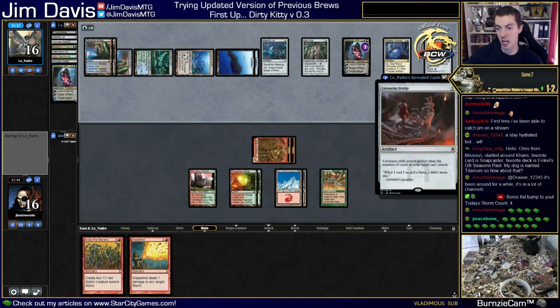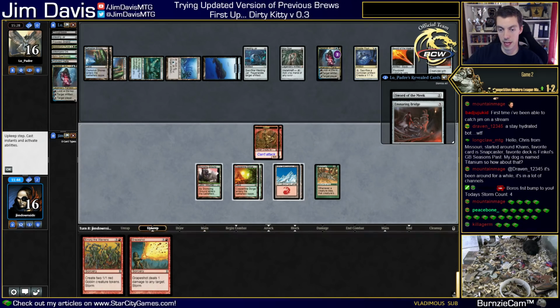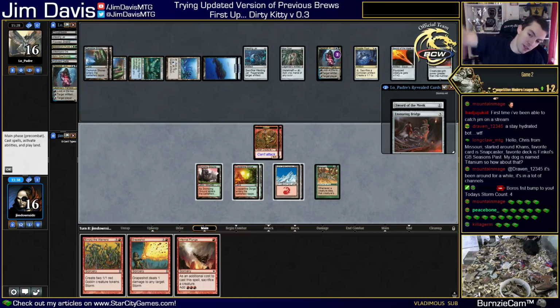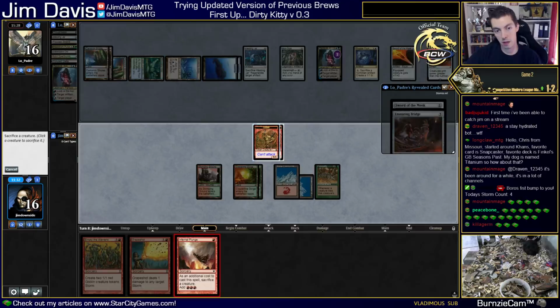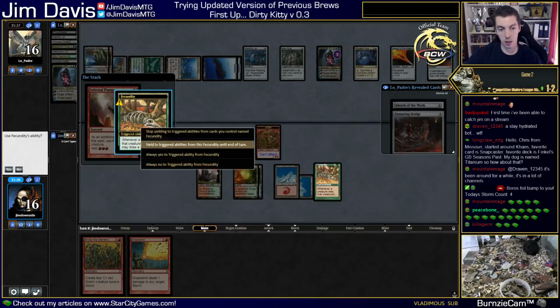Does make Ensnaring Bridge pretty bad. Alright, I don't think they see the combo yet. I don't think they realize they're going to draw a bunch of cards. Skirk Prospector. It's actually not the worst. Might just want to fire that off. They're eventually going to realize they can draw a million cards with Fecundity. So,